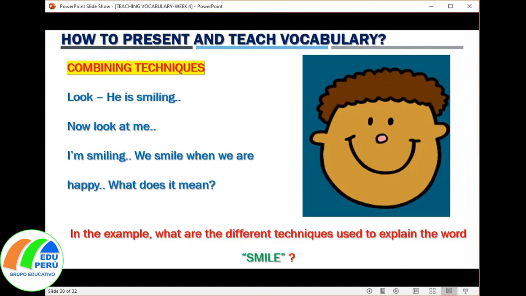Because we divided in three. This technique is just for presenting. This is just for practice. This is just to remember. No. You can combine these different techniques when you present or teach vocabulary. All right, so